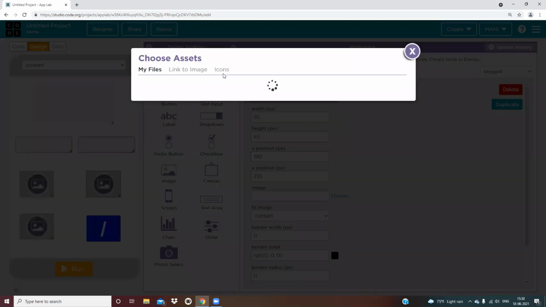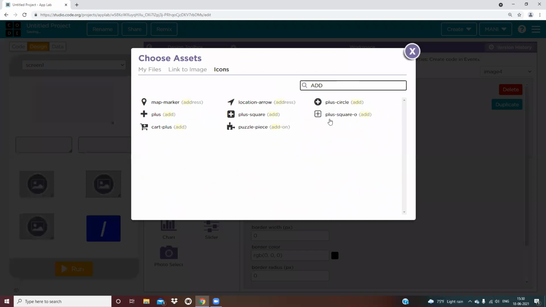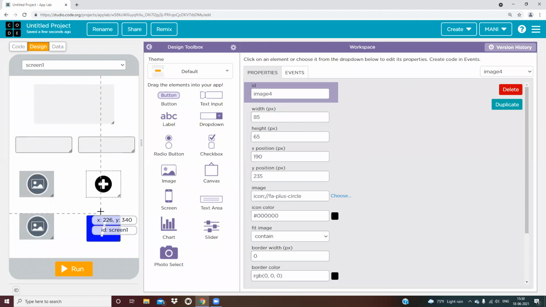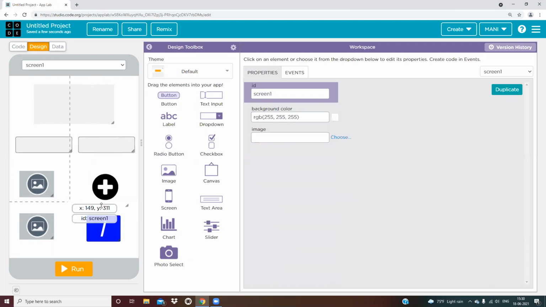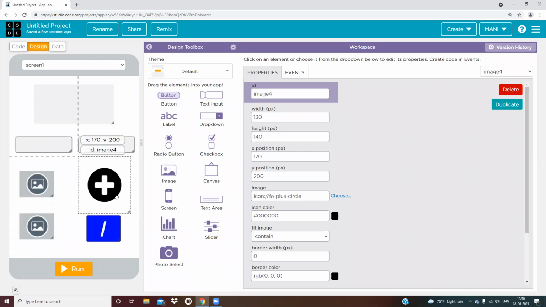Now in icons, I am going to take add. The size should be bigger. I am making it more. Okay, this much is okay.